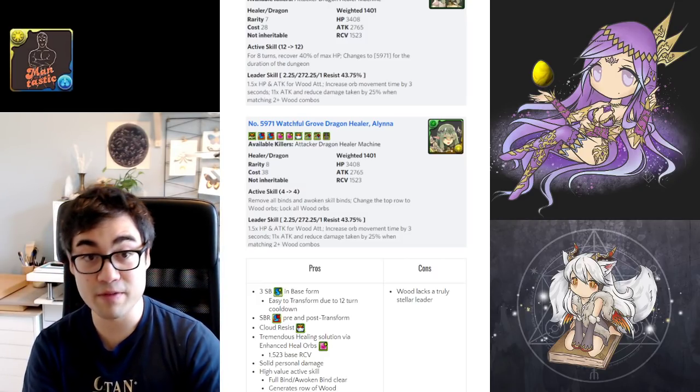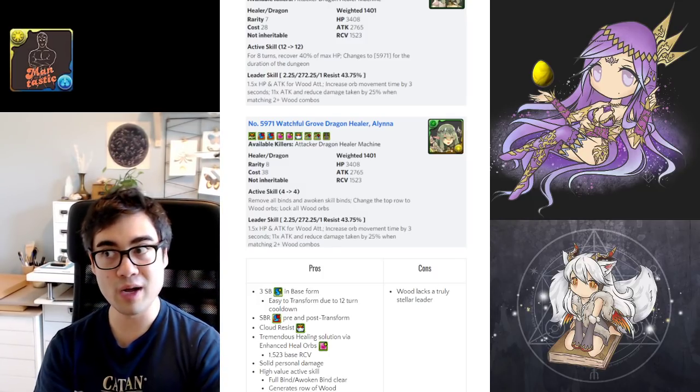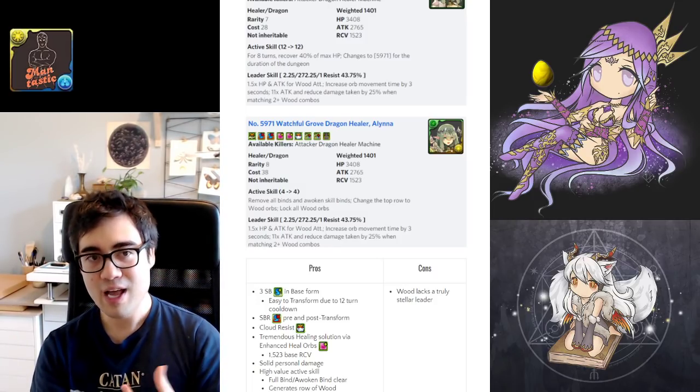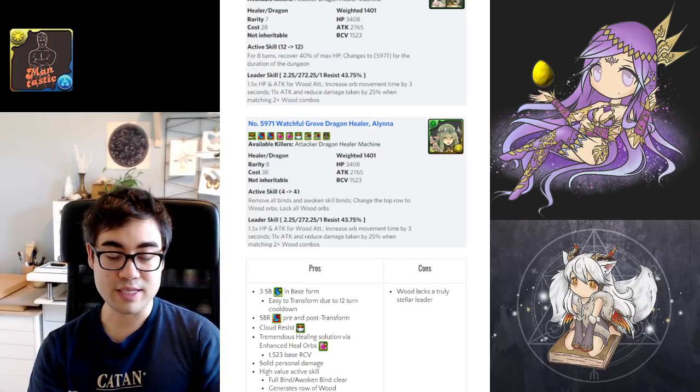to inherit over top of, and the best part is, even if you don't encounter the bind or awoken bind spawns, you can utilize the orb changer anyways, which is always going to be helpful. So there's no true downside to her active skill. And as a whole, I think she's quite a wonderful card, but the main issue is I feel that she